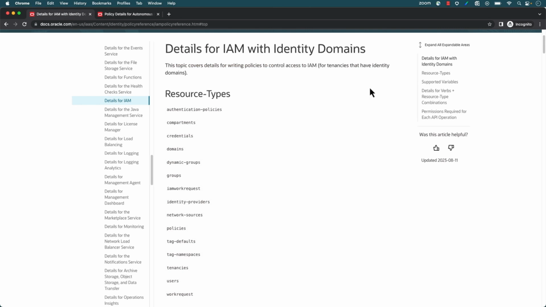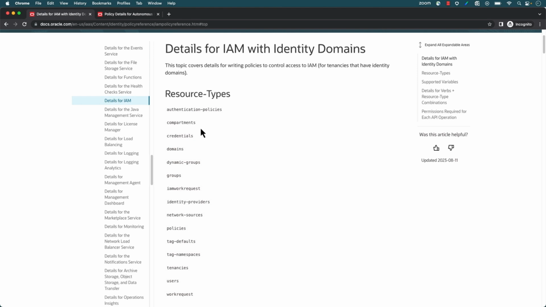When you look at identity, there is no aggregate resource type. So if you are dealing with identity and you want to write some policies against the identity component, you have to write policies at individual resource types. So keep that in mind, because it will be useful when you create admin and you want to give them permission, suppose to write policies or to create compartment or to manage users and group. So you need to give them permission at individual resource type level, because there is no aggregate resource type available